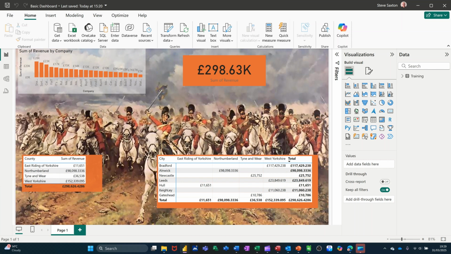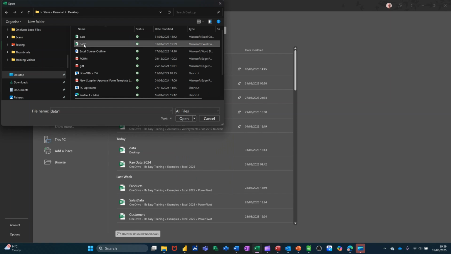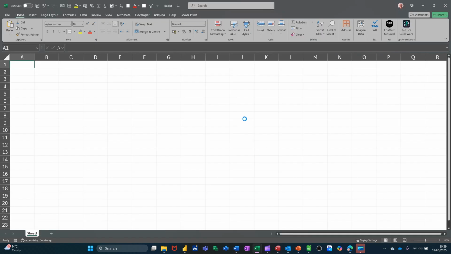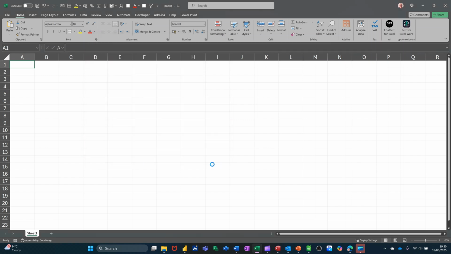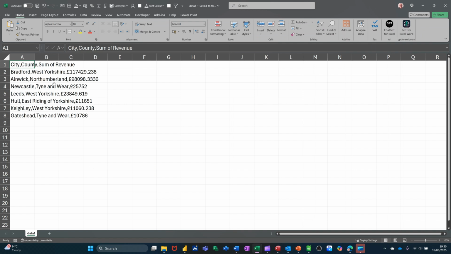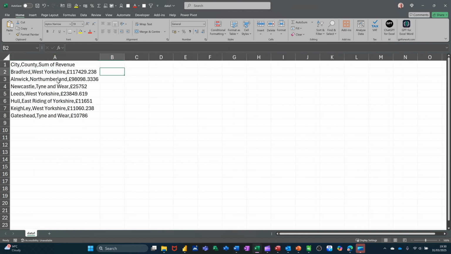So that data is now in Excel, and it's data 1. And then that will open up that file in Excel, and I'll just go finish. So it'll drop it in like so. Now that has come in as a single cell file, so this is where you would have to use